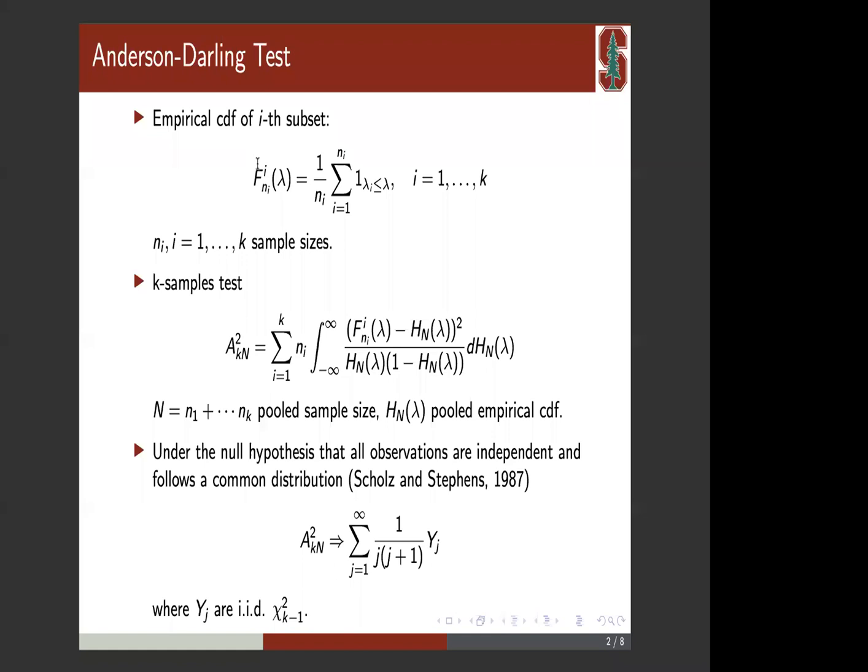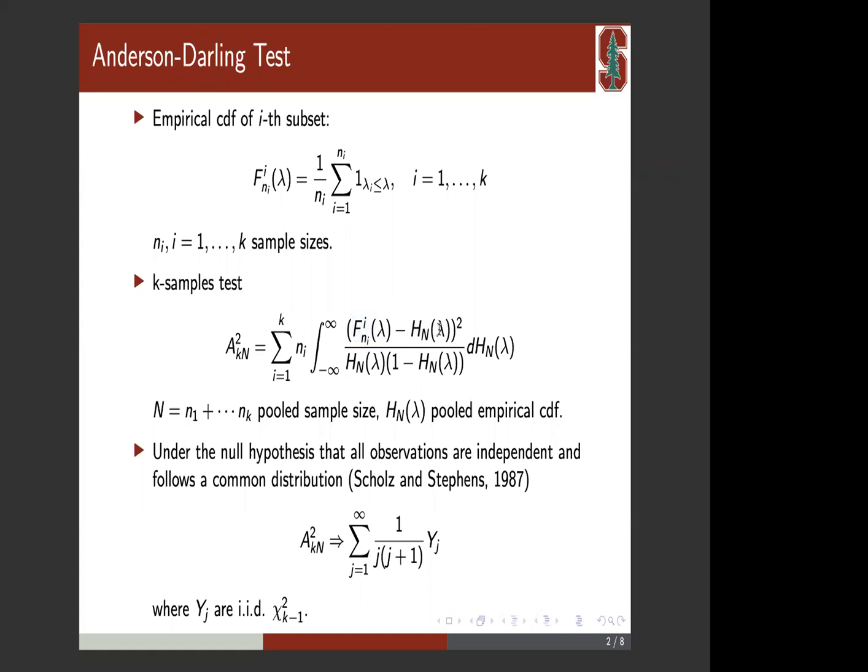So here, the data of a generic run of our experiment can be divided into several subsets, and we can calculate the empirical CDF of the ith subset of samples. We can also pool all the samples together and define H sub n as the pooled empirical CDF. The Anderson-Darling statistic is defined as the sum of the weighted average of the discrepancy between each individual CDF and